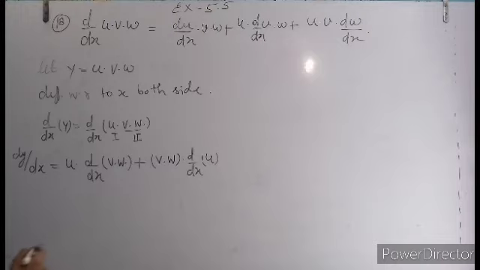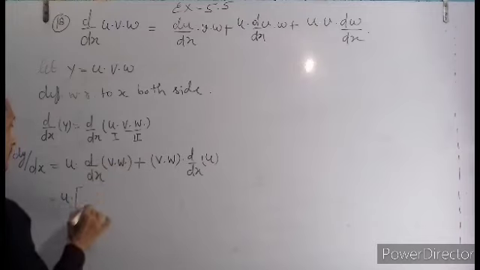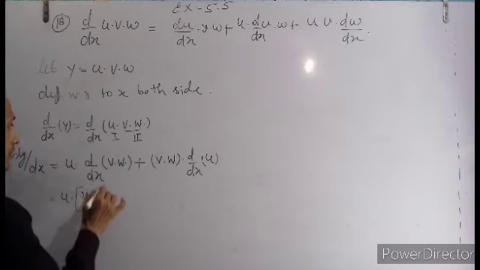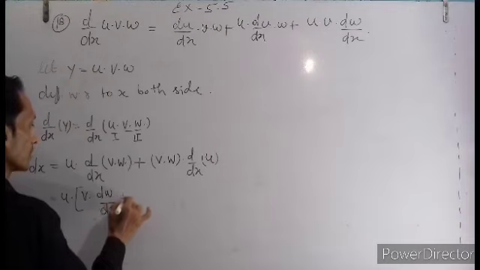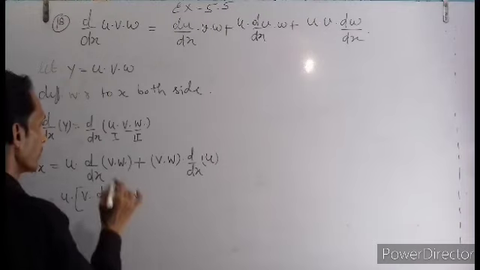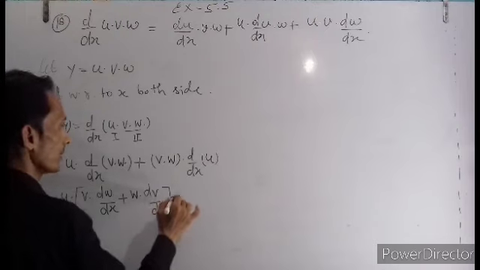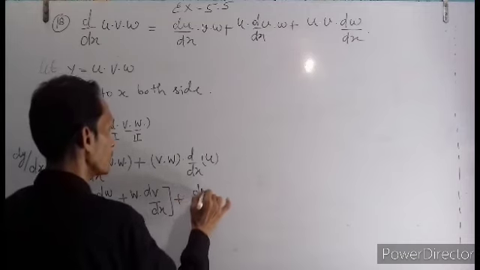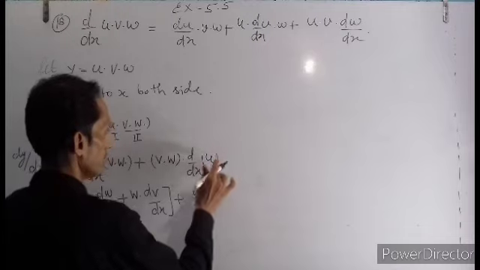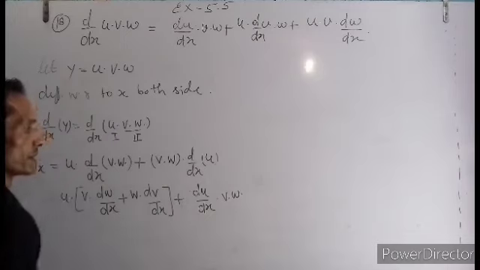Okay, now come on this one, equal to u. Again we will multiply first and second. First as it is, derivative of second, dw by dx, plus second as it is, first derivative dv by dx. Okay, now then this one, du upon dx and v into w. Only this one here and this value will come here.